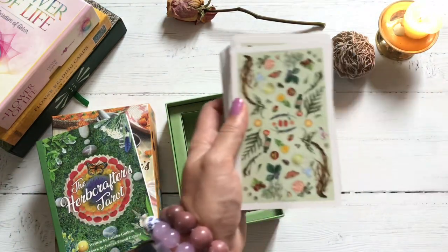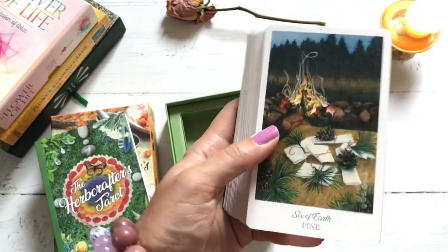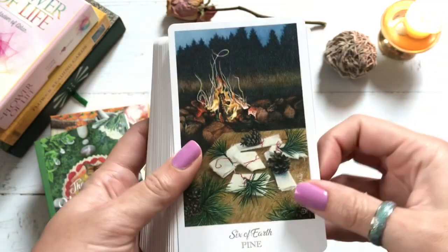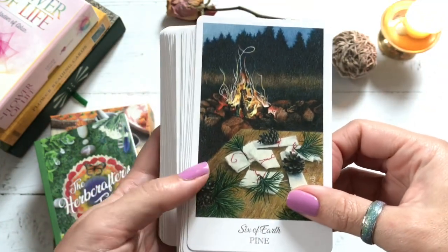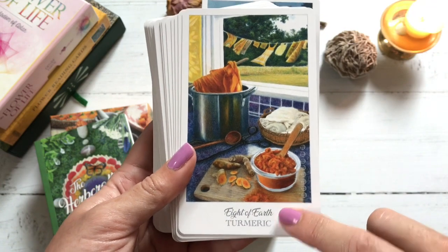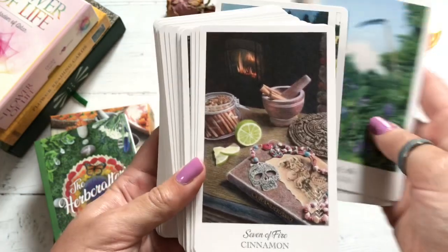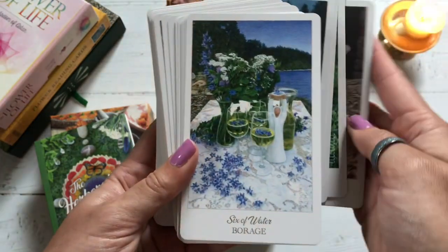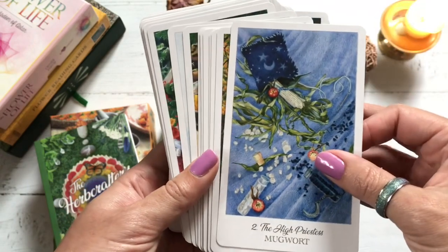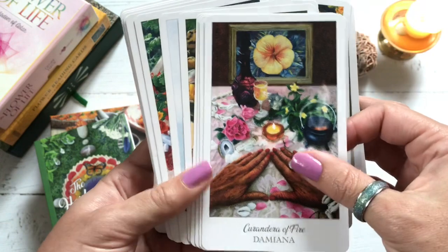It is rather feminine, like the court cards, the page, the knight, the queen, and the king. They're all female. And that was an issue that some people had. They do enjoy having feminine type decks, but they figured for the herb crafter, it's almost like eliminating that men could also be herb crafters as well. But for me, I just really connect with it, and it's probably because